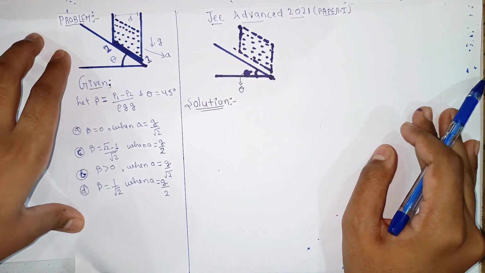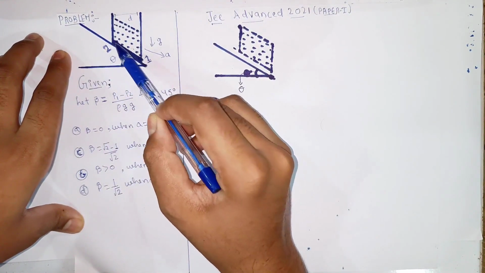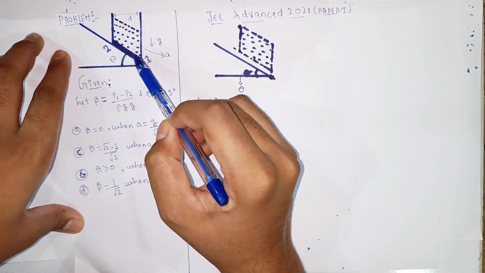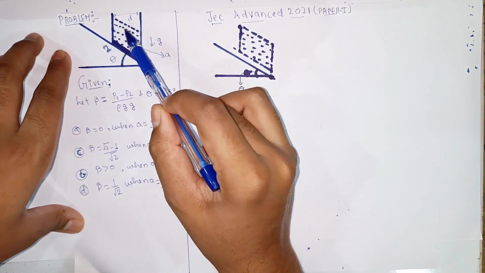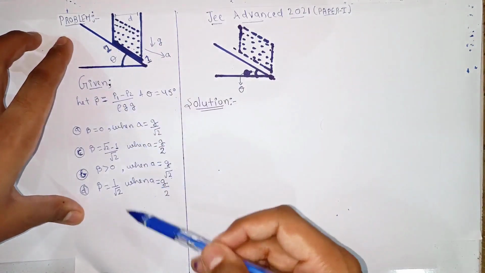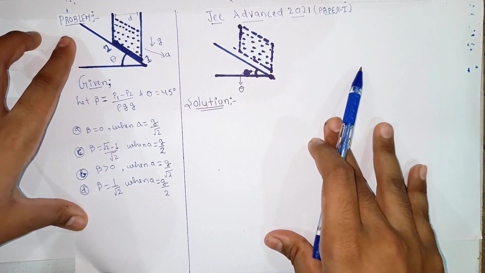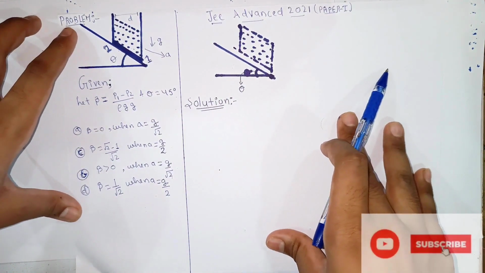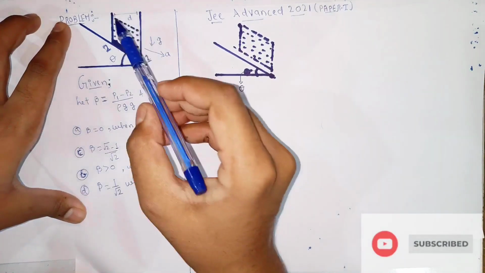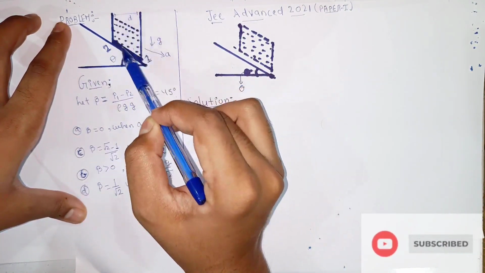In the earlier problem, the base of the vessel was flat, but this time they have changed the shape of the vessel, as you can see. So let us quickly see what they have given in the question and what are the options that they have given. So this is the vessel, this is the shape of the vessel actually.